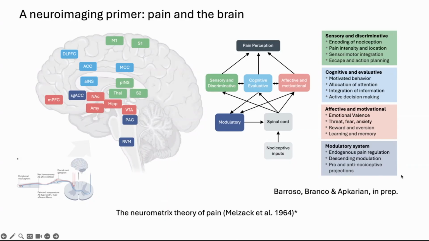The final and fourth domain, represented here in dark blue, which I'm calling the modulatory system, also known as the descending modulatory system, is primarily composed of areas such as the periaqueductal gray area and the rostroventral medulla, which have direct projections to the dorsal horn of the spinal cord. These projections can locally inhibit ascending transmission of nociceptive information. Importantly, most of the other three domains project to these modulatory systems, which in turn project to the spinal cord. This is basically a pathway that allows the brain to control ascending nociception.